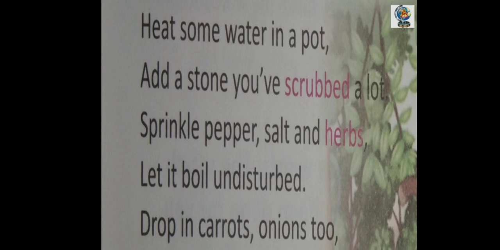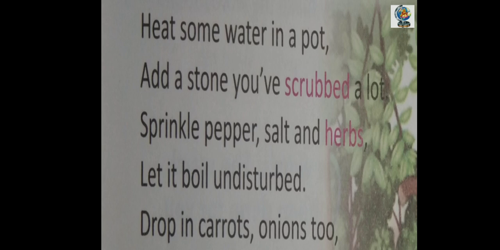Then the lady says, "I have carrots and onions at my home. Will you add them inside the pot?" Boy says, "Yes, of course." The lady went to her house and brought carrots and onions, and the boy dropped them inside the pot, and they kept it for boiling.